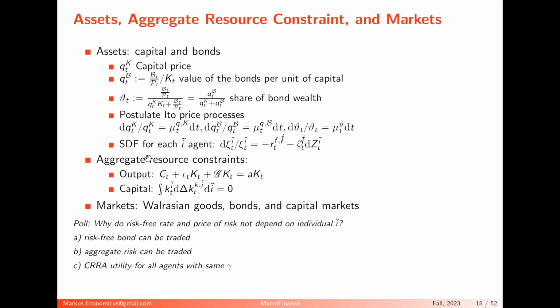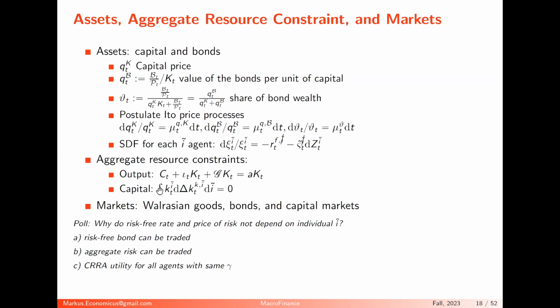Then we have the same aggregate resource constraint for output. Total output is A times K. Remember, capital K was the total capital stock in the economy. A is the total output. Some of it I consume, some of it I reinvest to produce from the machines. I produce output, I have some apples, and from the apples I produce new machines. That's this term here. And some of the output the government is using for some government expenditures, military, defense, whatever.